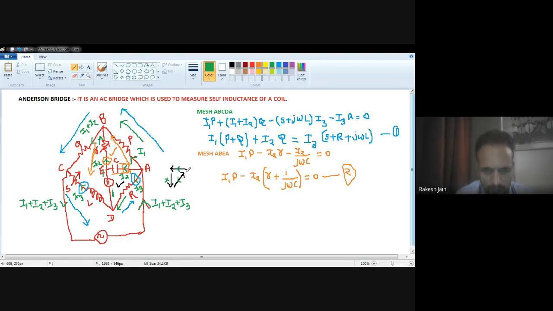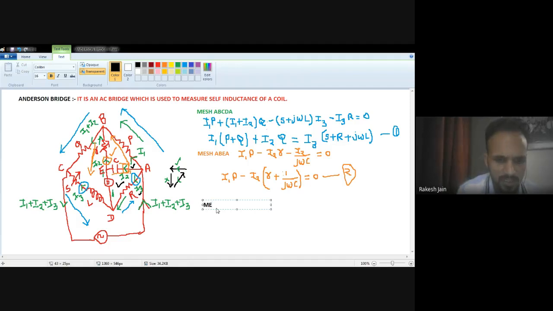So now, what will happen? See, this direction is opposite to our direction. So in the third mesh, only two branches will carry the current. With black color I am going to mark here, from A to E, and the second one is D to A. Okay. So in mesh AEDA, what will happen? I am writing down. I am talking about mesh AEDA.